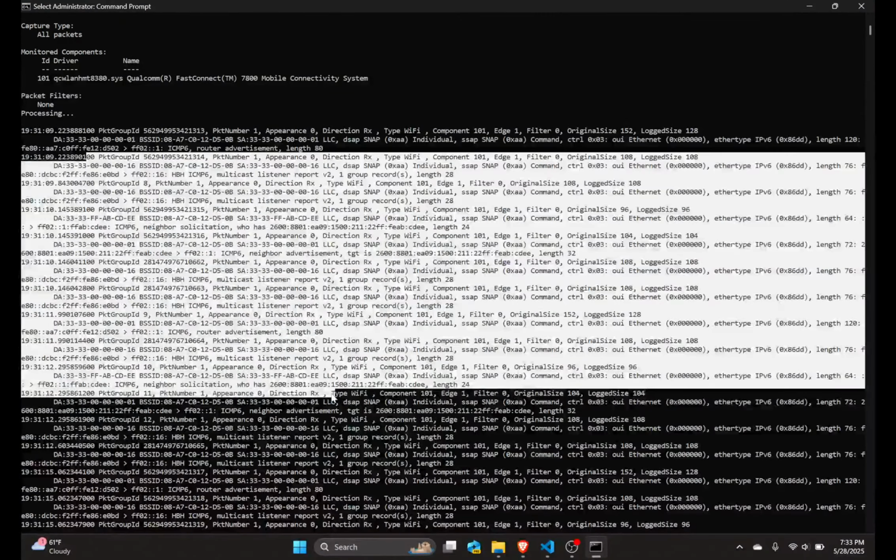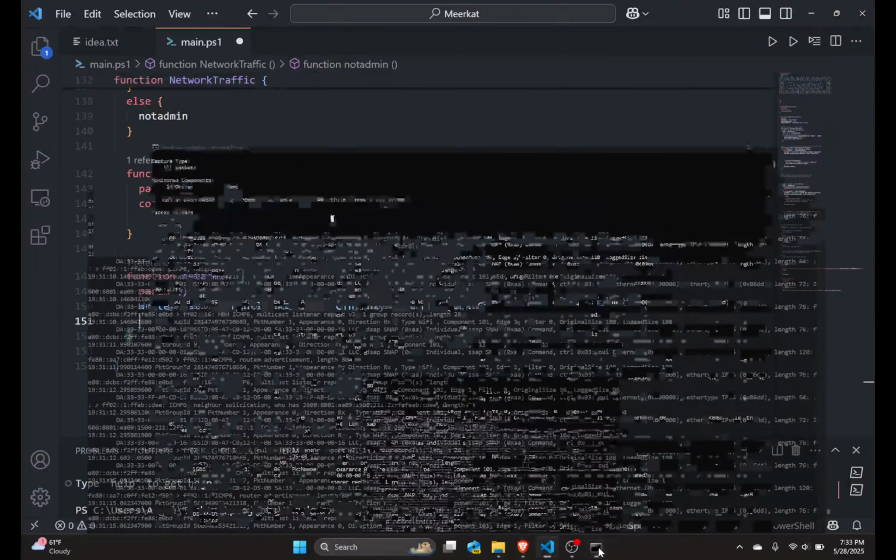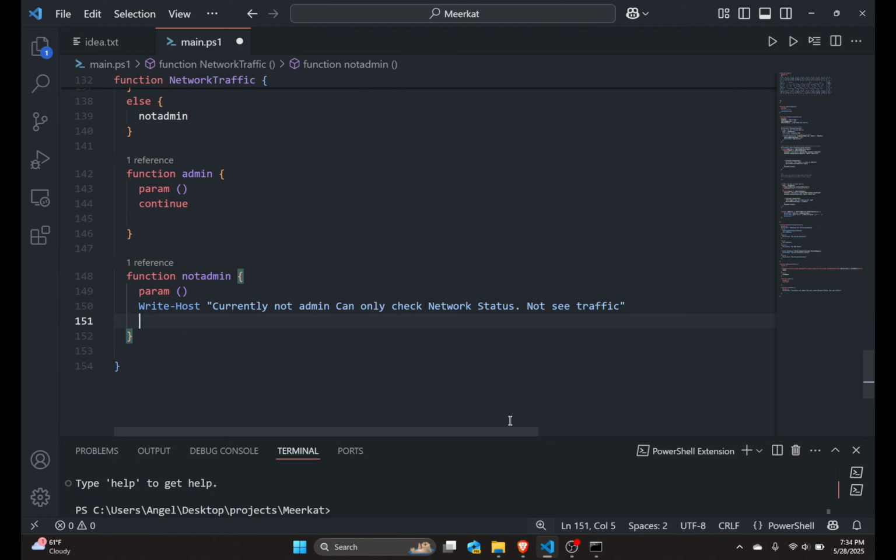If we're not admin, we're only going to be able to see that Wi-Fi is sending traffic, but we won't basically see the traffic itself. So what we're going to do is we're going to use another command, which